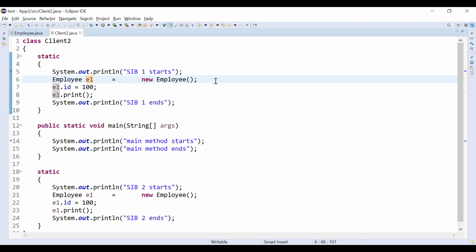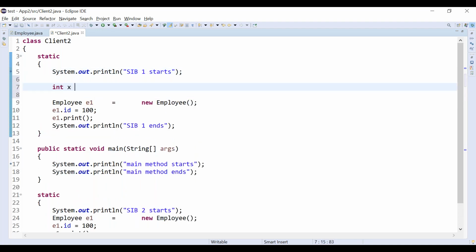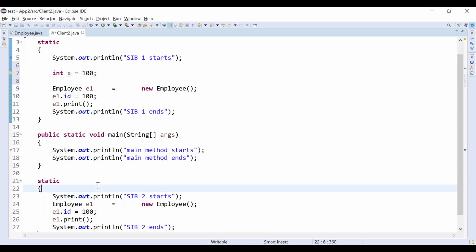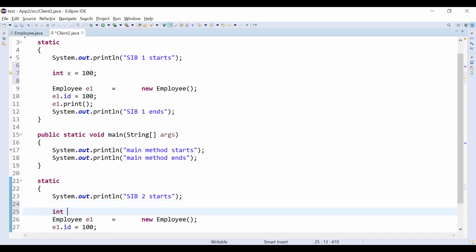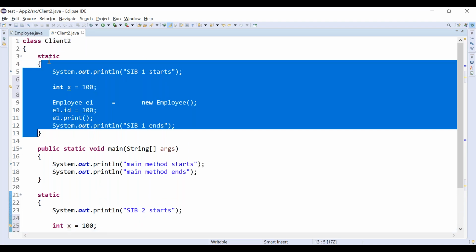It is very simple. Suppose you have one int variable, right? x equal to 100. Even here I can have one int variable, the same variable I can have here. Here x is local to the first static block.